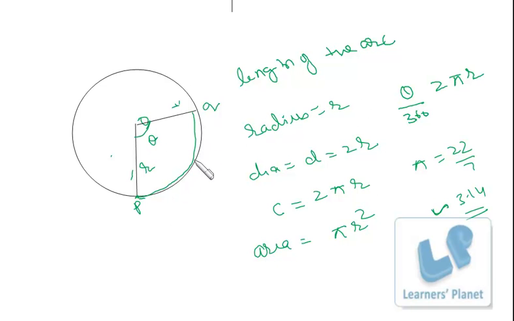So length of this arc PQ is theta by 360 of 2 pi r, and the length of the remaining portion, if we deduct this length from 2 pi r, we'll be able to get the length of the remaining arc. Okay, so area of major sector, area of minor sector, length of minor arc, length of major arc,